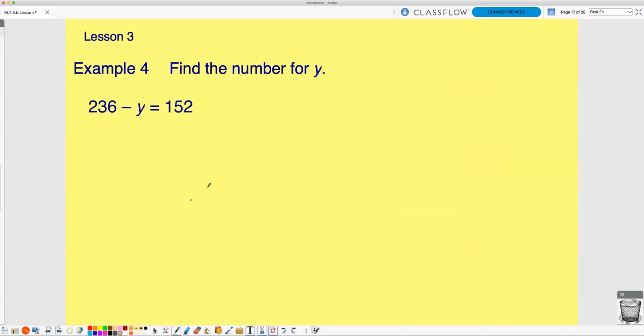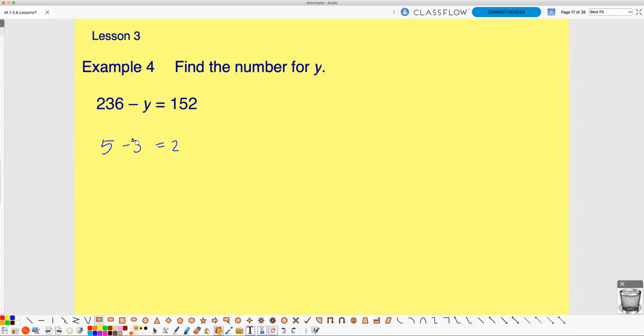All right, look at example 4 here. Find the number for y. So again, you have the minuend minus the subtrahend equals the difference. But in this case, we're missing the subtrahend. So to determine how to find the missing number, you could think of a simpler problem if you want to, just think of 5 minus 3 equals 2, and then cover up